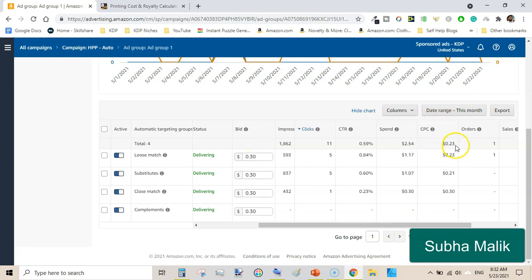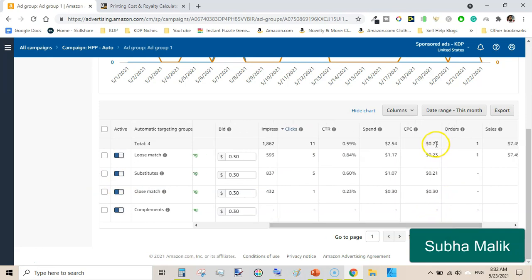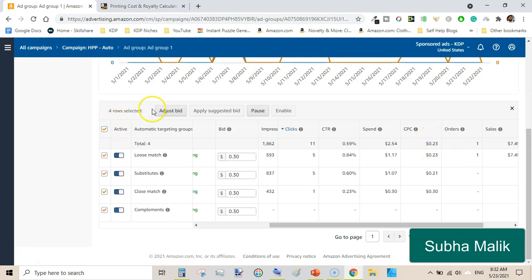Average CPC is 0.23, and for loose match it is 0.23, for substitutes 0.21, and close match 0.03, but the average is 0.23. I need to lower my bid, place my bid lower than this. So I will select all these targets, adjust the bid, and here I will select 0.21 or 0.22.